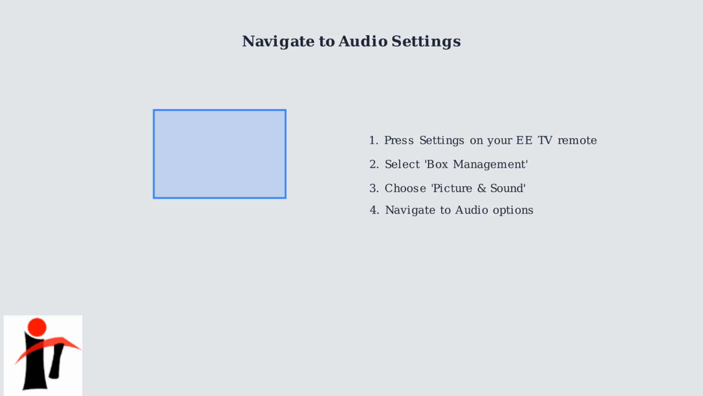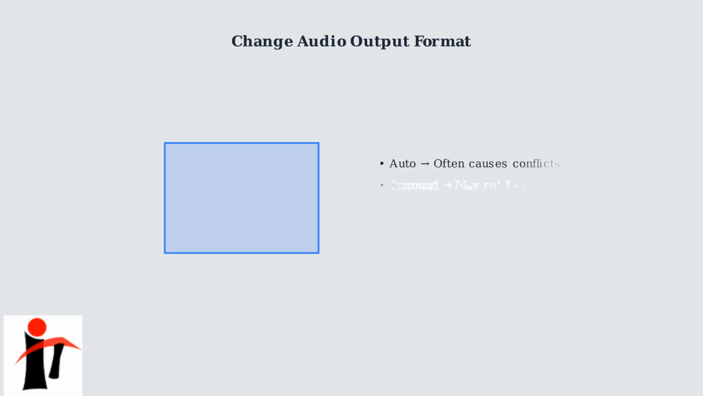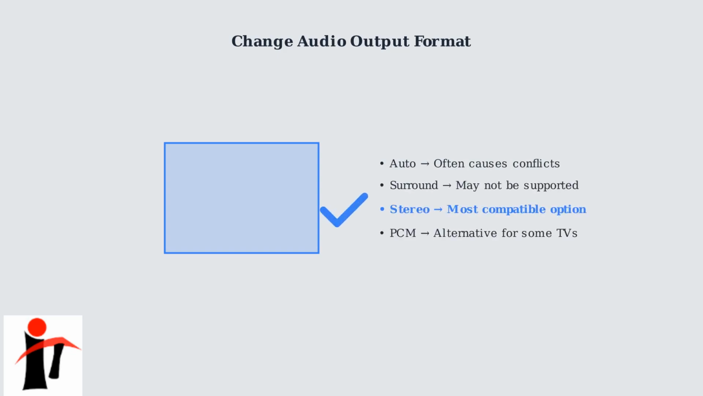When basic troubleshooting doesn't resolve your EETV box sound issues, it's time to dive into advanced audio settings. We'll start by accessing your EETV box audio configuration menu. In the Audio Settings menu, locate the Audio Output Format option. This is often set to Auto or Surround by default, but changing it to Stereo can resolve many compatibility issues